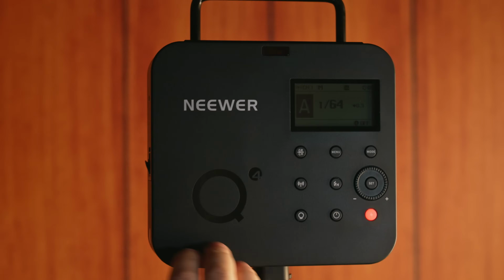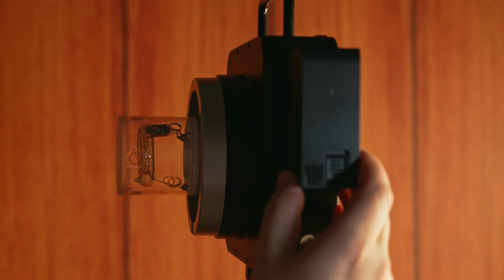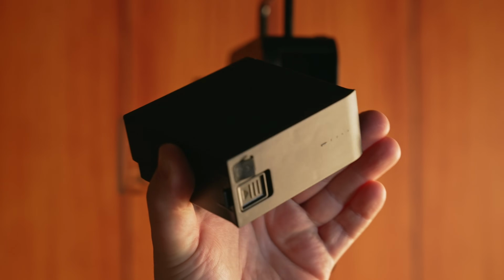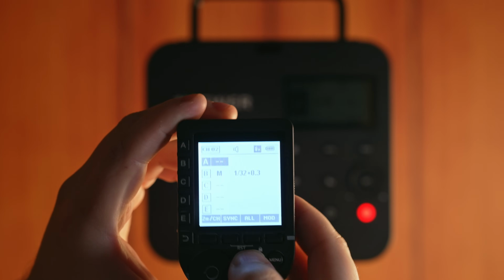It runs on 2.4 gigahertz wireless. It's got USB-C for firmware updates. It's got a 2800 milliamp hour battery, good for 400 full power flashes. So I'm using the QPro-S trigger, and I'm not going to walk you through how to sync everything because this